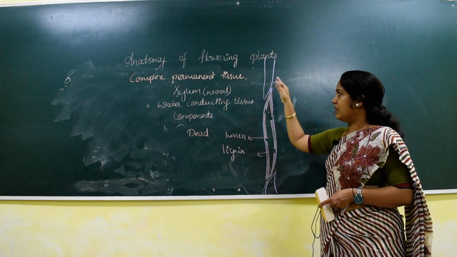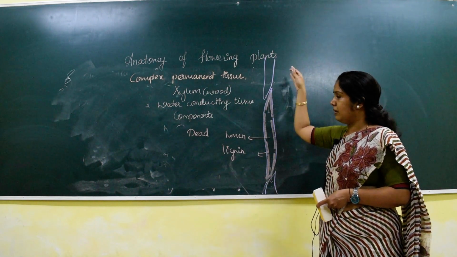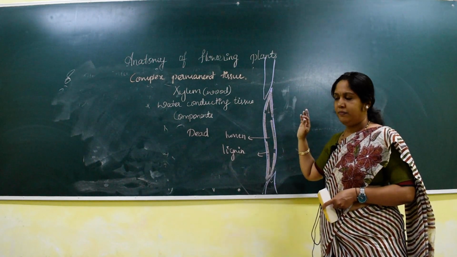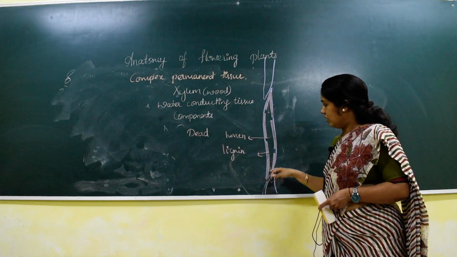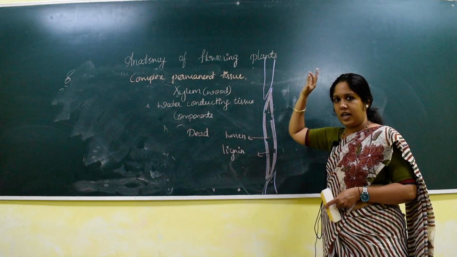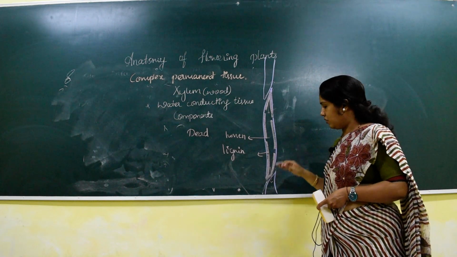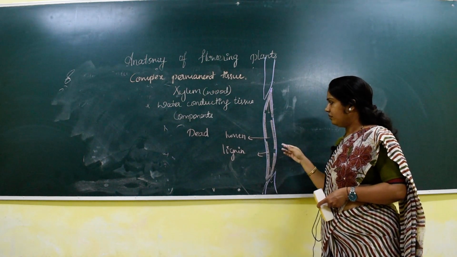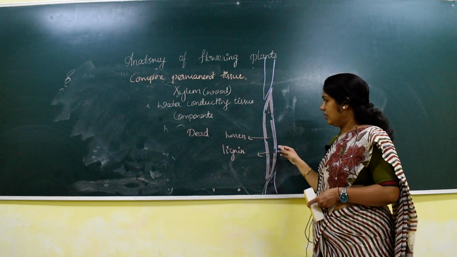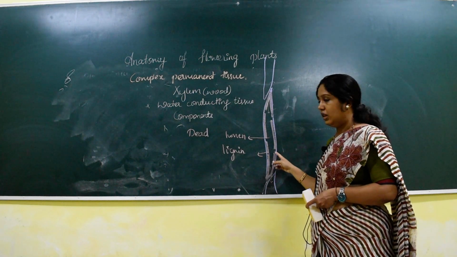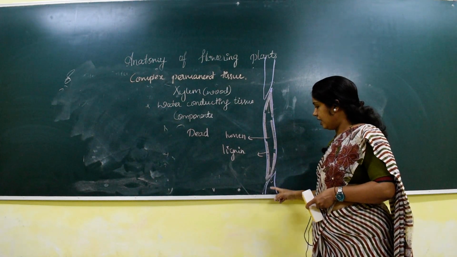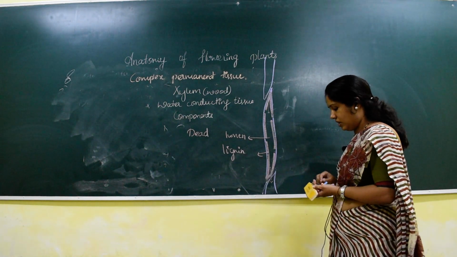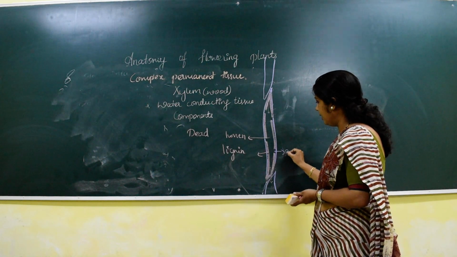Understood? So it is present throughout the plant, from the tip of the plant till the tip of the root. The tracheids are arranged one above the other, through which the conduction of water takes place from one place to another, from the tip of the root till the tip of the shoot. Now the lumen is narrow due to the deposition of lignin. It is a dead component, and the tracheids are arranged one above the other. And the undeposited region here is again called pits.